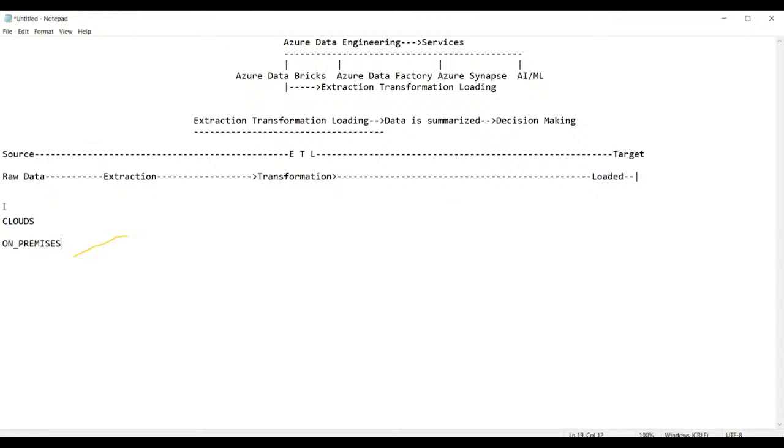Okay. So first of all, let us try to understand what is cloud. So now, guys, because Azure data engineering is a cloud-based data engineering, am I right? So now, guys, I wanted to explain to you, let us try to understand first of all what is a cloud and what is an on-premises. Let us try to understand first what is a cloud basically. Okay. So, guys, when it comes to this cloud, just forget about this cloud. I'll just give you an example for this.